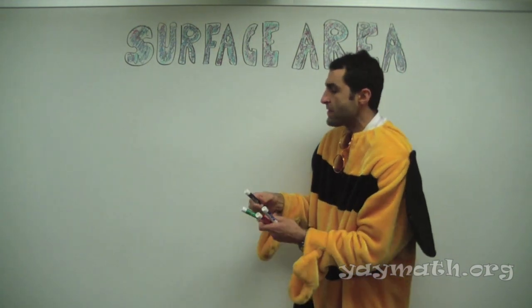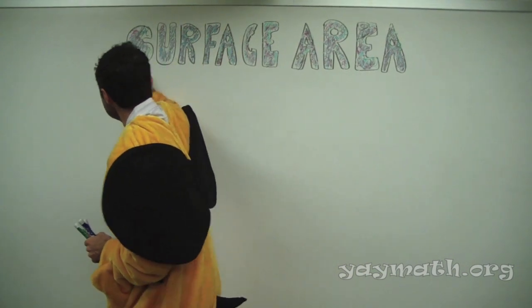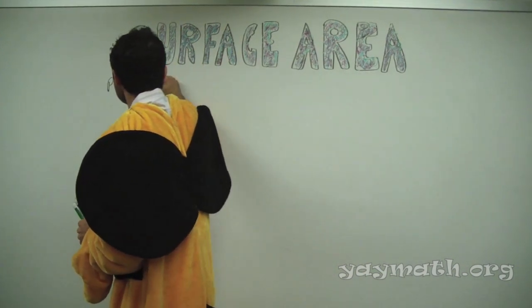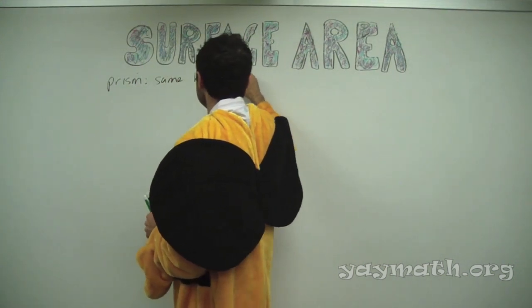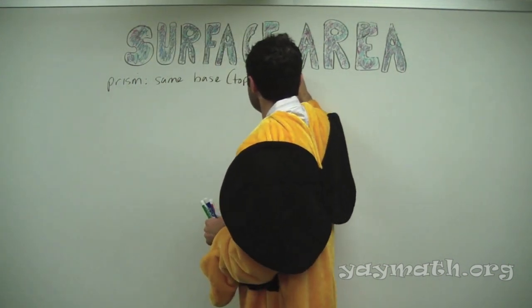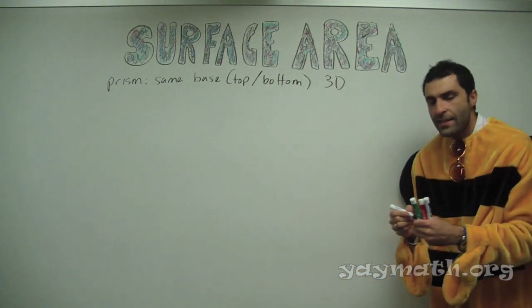So that's a prism. It's basically the same base, top and bottom. Let's write it down. Prism: same base, top and bottom, and 3 dimensions. So let's do a